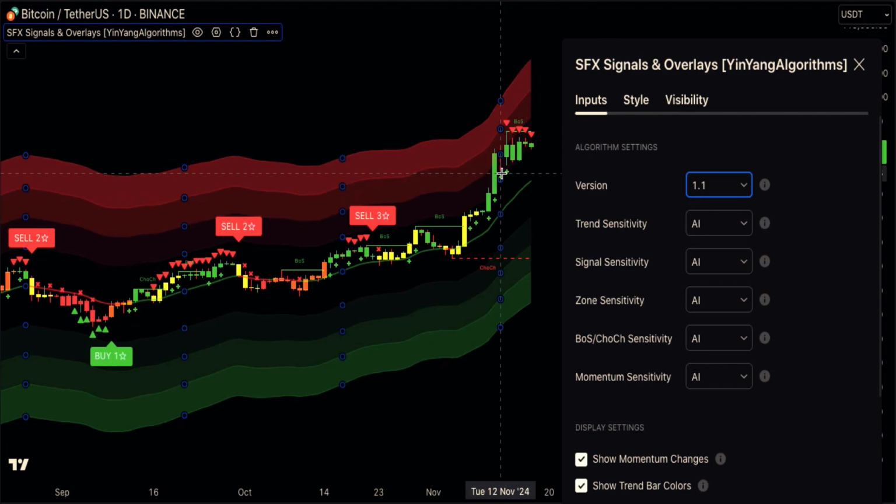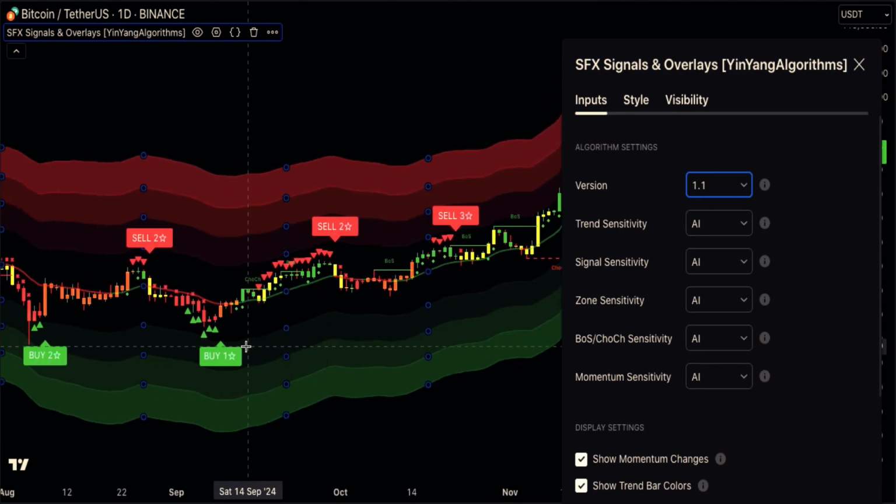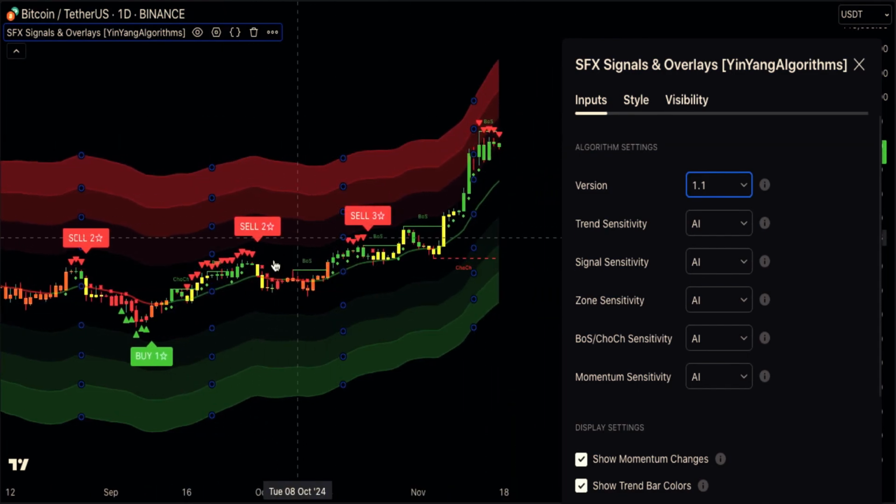So not everything's going to be perfect, but if you did buy here and sold here, you made profit. Yes, you could have made more, but you made profit. And at the end of the day, it's not about always maximizing the amount of profit you make. It's about consistently being profitable in the long run. That doesn't mean every trade is going to be profitable, but depending on how much money you're playing with and your target profit and your target stop loss, as long as you're profitable in the long run,